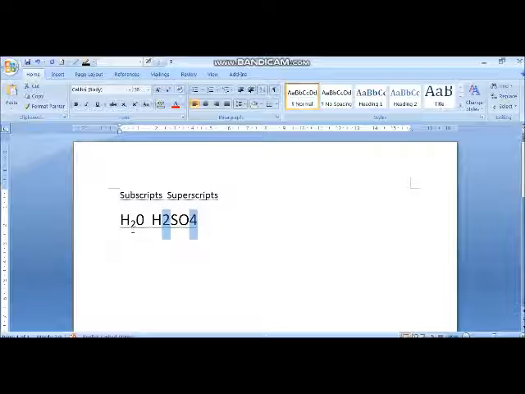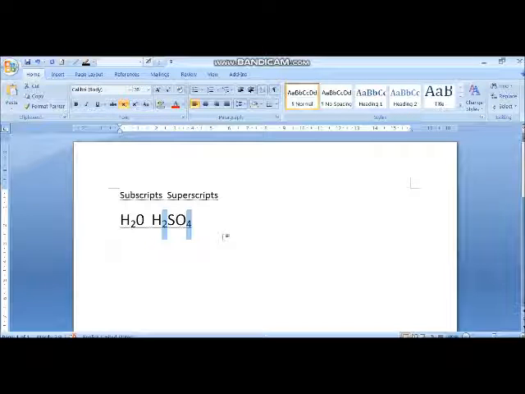So we have first written H2SO4. The things which we want to make subscript, select them, and what is the shortcut key for subscript? Just now we have seen. Shortcut key is Control plus equals. So you can press Control plus equals.